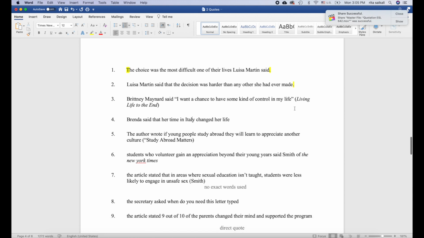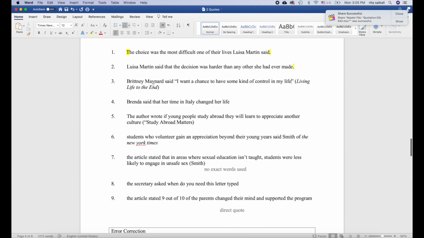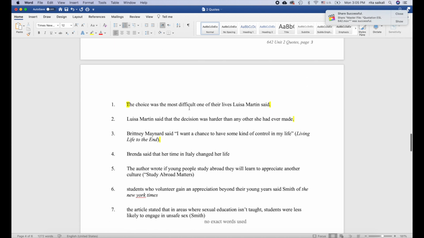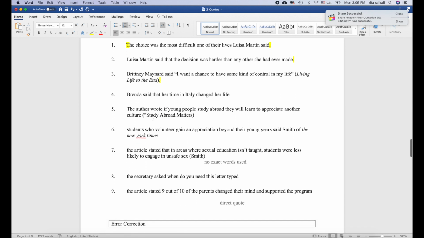And we know this is the name of the book because every letter of the title is capitalized. Cool? And we need a period at the end of the sentence. And the period in this case changes depending on what kind of format it is. But for our case, we're just going to say that it's a period at the end right here.